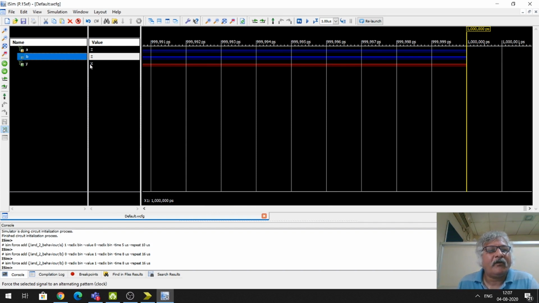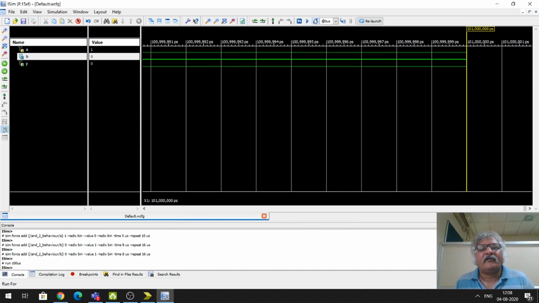Now depending upon the clock and the Verilog code, Y will be generated. So now here there is this option where I will select the simulation time, for how long this simulation will run. I have selected 100 microsecond. For 100 microsecond this simulation will run. And now I will click this option, run the time specified on the toolbar. Okay, so the simulation is completed.